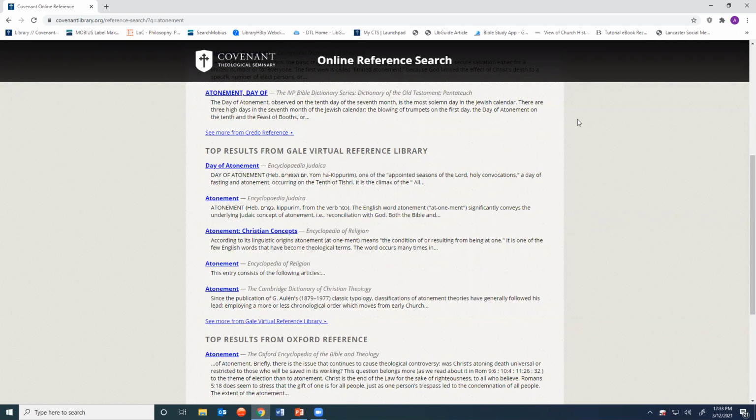And like the other reference sources we looked at, Gale Virtual Reference Library covers lots of topics, and we subscribe to some specific titles within that are relevant to religion and theology. So you've got more entries there. Let's just take a quick look at Day of Atonement from the Encyclopedia Judaica.